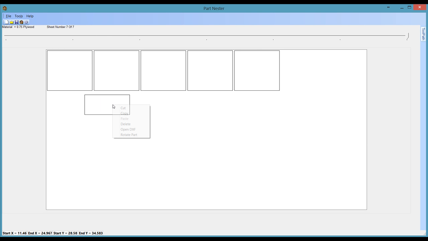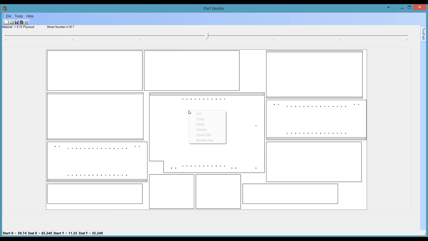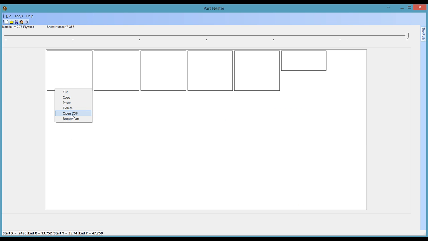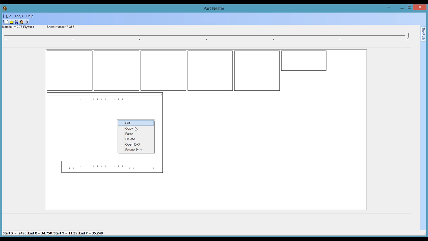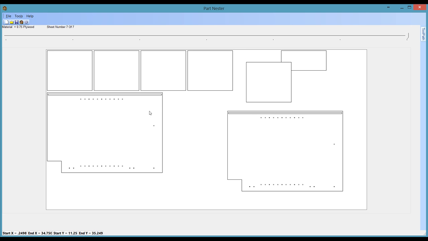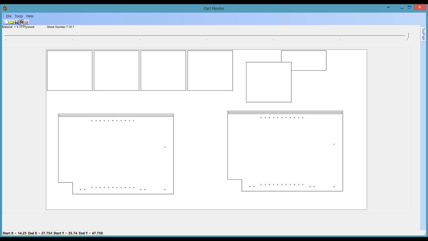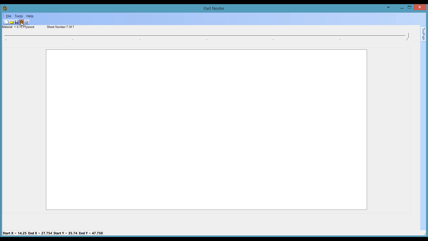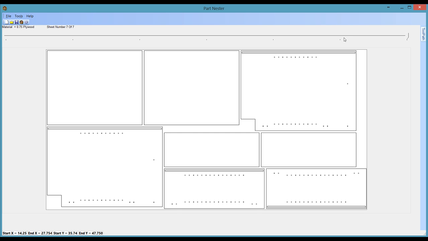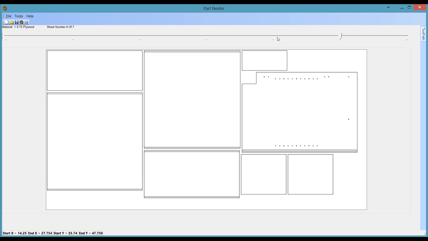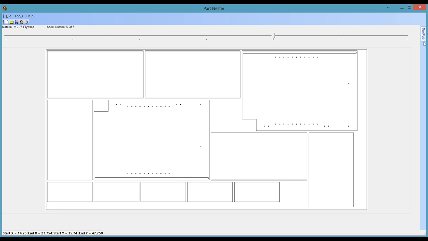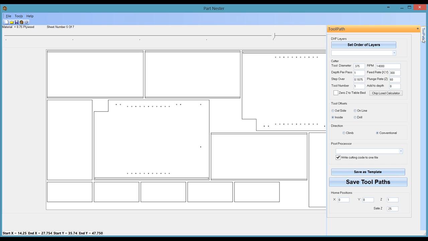You could also rearrange any part or copy and paste from one sheet to the next. Once we have that done, so I've rearranged and added, I'll just click recalculate or renest. We now have our 7 sheets, and if you choose to use Vectric's